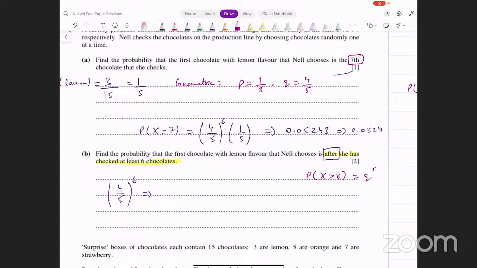So basically, because it says after checking at least 6 chocolates, the first 6 were failures, and only after that does she get one. So we'll evaluate probability of X greater than 6 here. That's going to be q raised to power 6, and that's what we do here. 4 raised to power 6 divided by 5 raised to power 6, that gives me